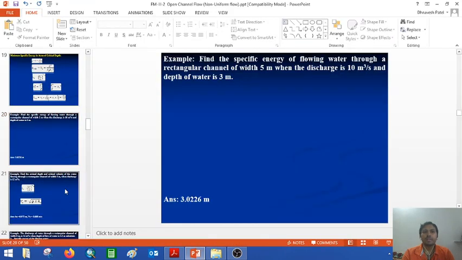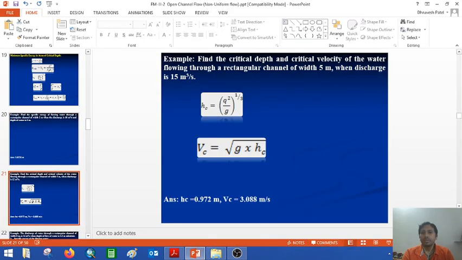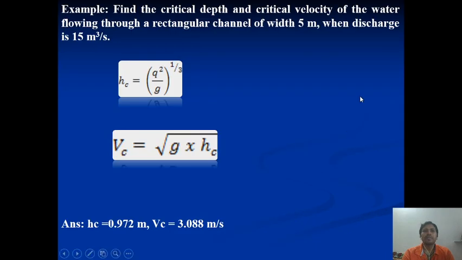Now let me refer to the second example. You have to do it yourself, friends. Yes, you have the books with you, but I wish that you use your notebook and pen and try to find out those values yourself. Meanwhile, you will remember how you use the specific energy equations.